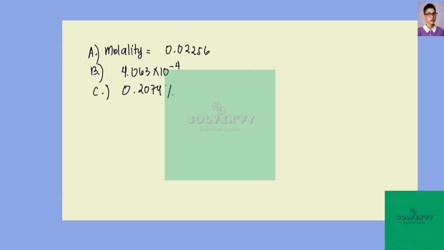0.2074%. Now for this one, for our part A, we have the given concentration, which is from the question, that is 2.350 times 10 raised to the power of -2. So to get the mole of glycerol, we have 2.350 times 10 raised to the power of -2 times 1.00 liters. So the mole of your glycerol will be equal to